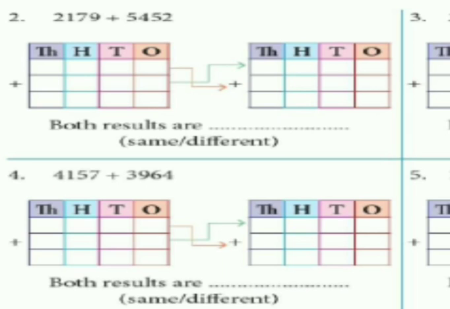Like, you will arrange, in question number 2, 2709 and 5452, and you will add both numbers, and whatever result you get, leave it like that. And in the next box you will write 5452, and in the next one you will write 2709, and then you will add it, and you will check whether the answer is same or not. This is the only exercise for you on this page number.